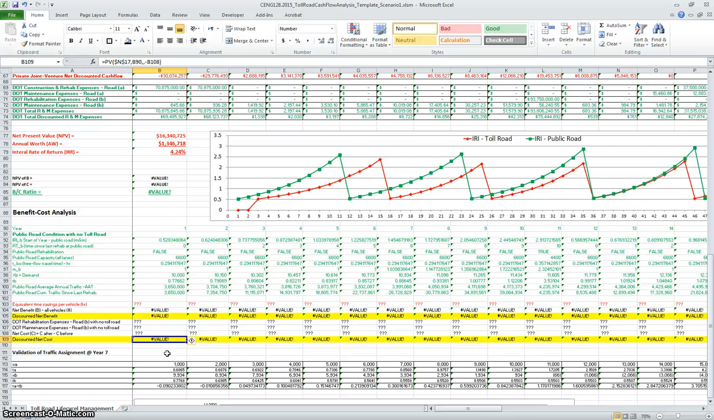It is expected, when they have a toll road, it is expected to have